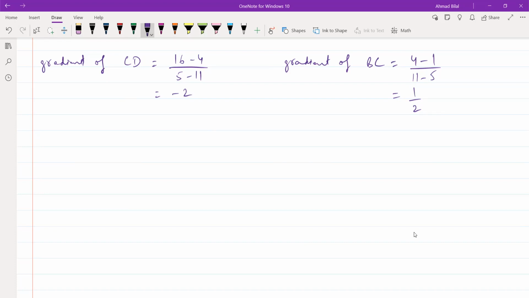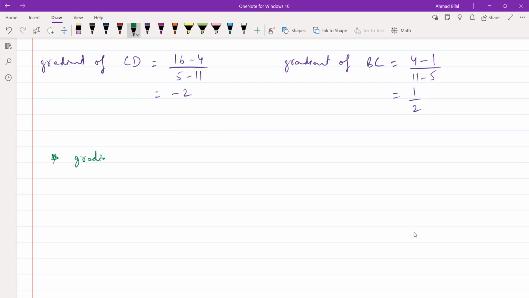Okay. How do we show that these are perpendicular to each other? We say, let's find M1 into M2. That will turn out to be -1. You can either multiply the two gradients and see if the result is -1. That's one thing you can do. And the other thing is that you can write it down in words. You can say